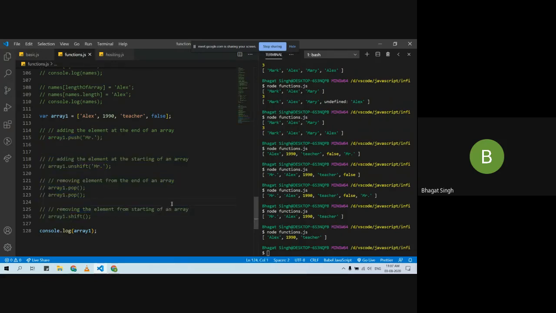Next comes a new method which we will be using ahead. That is known as indexOf. What I will do, I will just comment out this array again and I will create a new array. I will say var numbers, and here I will pass the numbers as